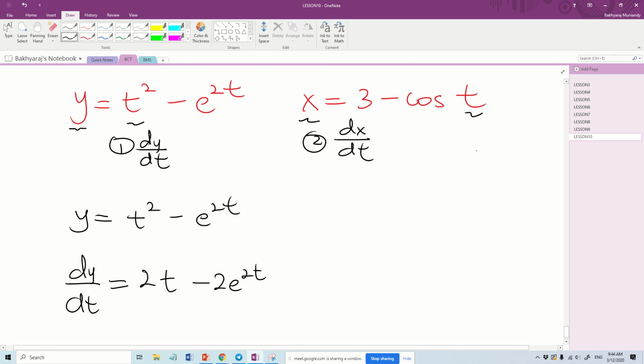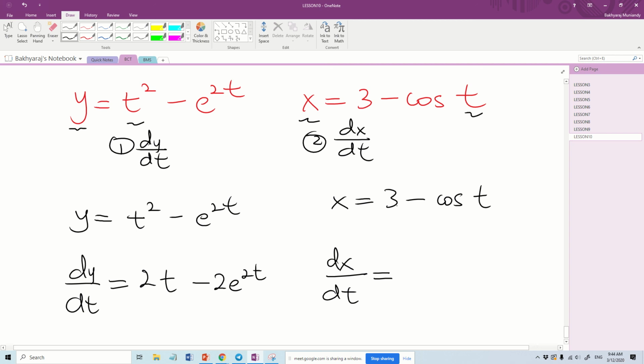So I already have the answer for dy/dt, because my variables are y and t, so I differentiate y with respect to t and I get dy/dt. Now again, x equals 3 minus cos t, so again I go for dx/dt. So my dx/dt will be equal to